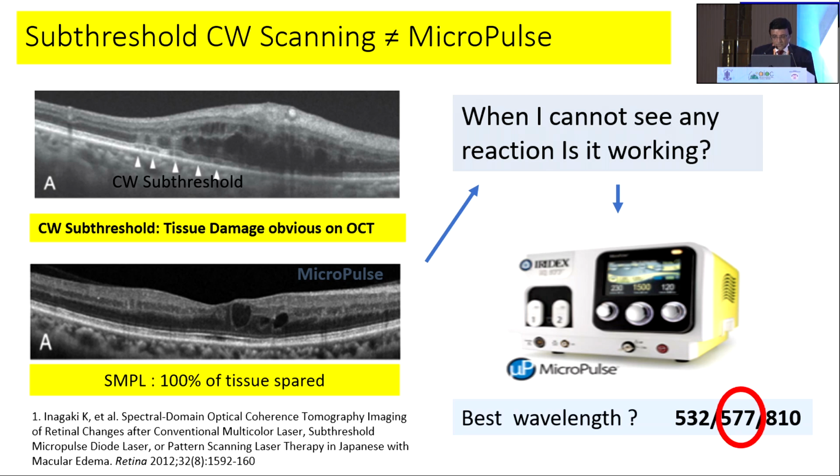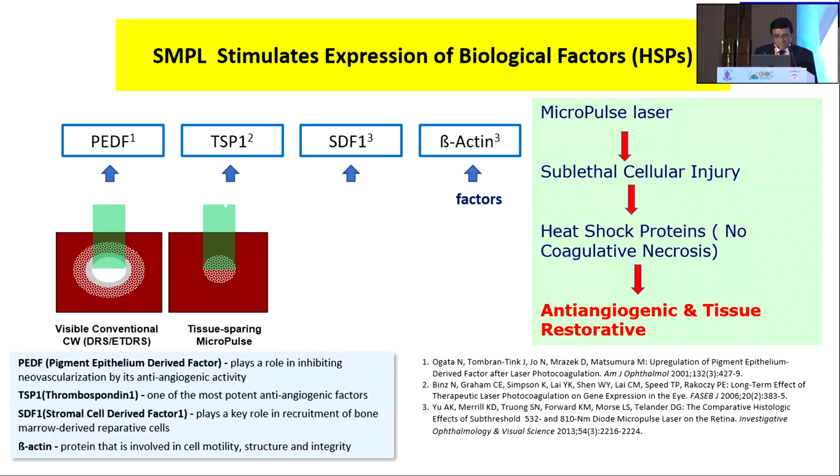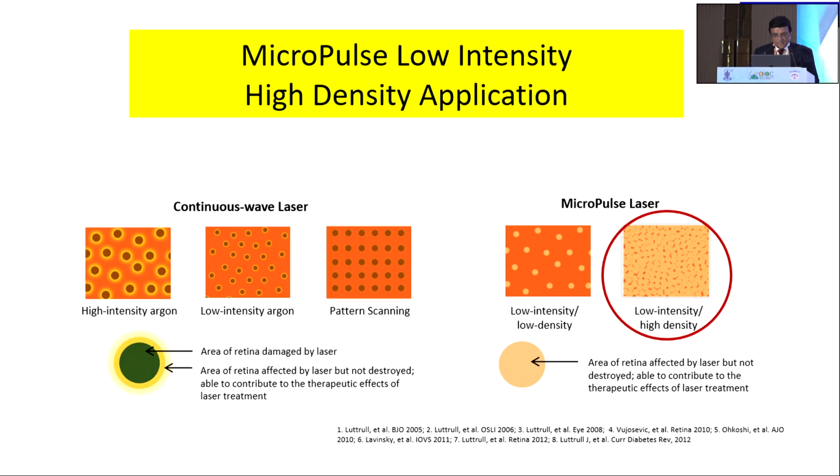The wavelength to choose is 577 nanometers. And this shows you the mechanism by which a micropulse laser works. It is actually releasing the heat shock proteins, and these have an anti-angiogenic and tissue restorative factor. The modality of using a micropulse laser has now been shown as a low intensity, high density application, which means